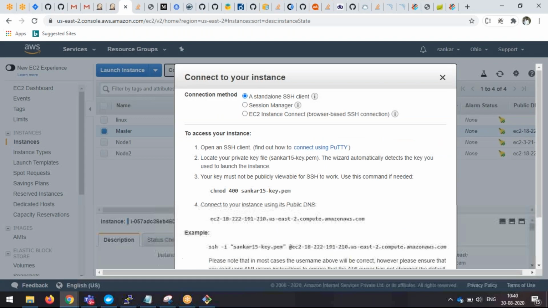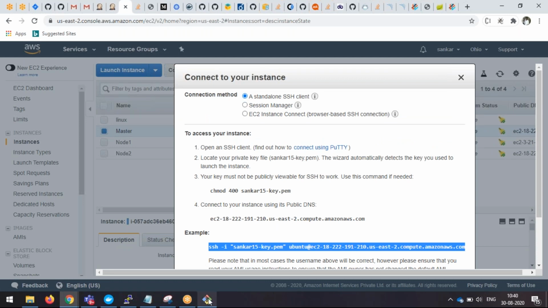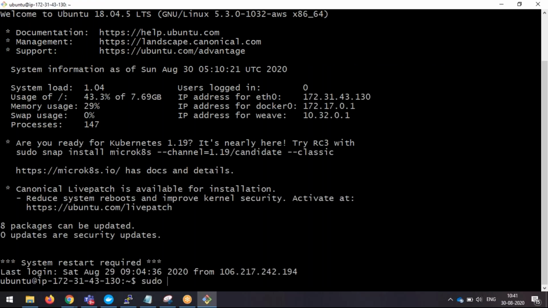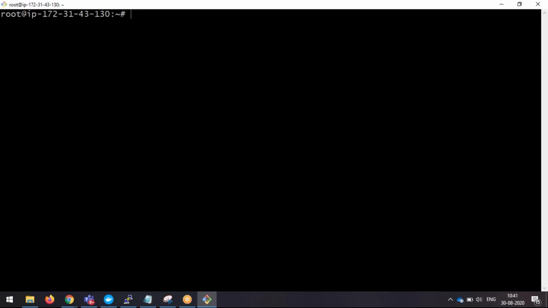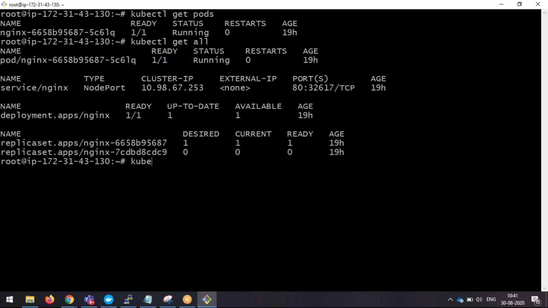Okay, let me connect this stuff. kubectl get pods. Another running kubectl get all. So I'm going to delete all the stuff. We'll do the exercise from point one. Okay. Delete,